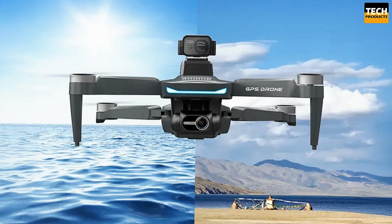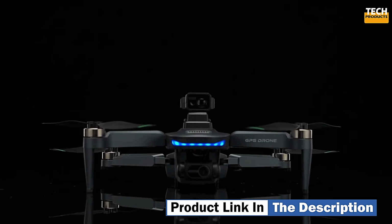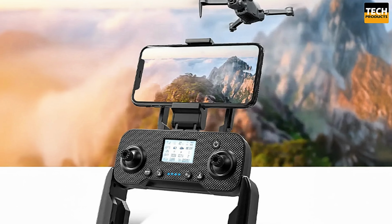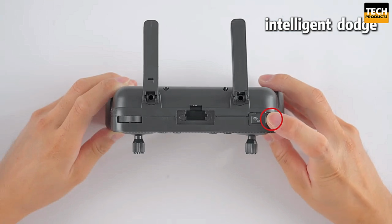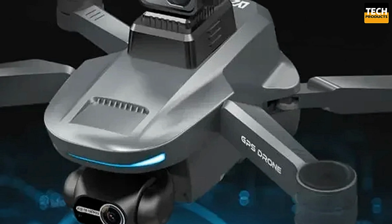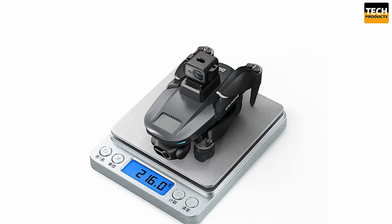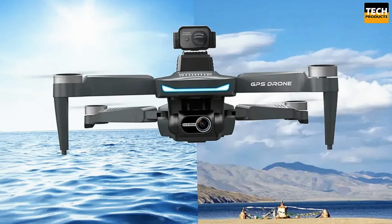Its advanced FPV operation allows real-time video transmission through a mobile app, enabling pilots to see exactly what the drone sees, making it perfect for live streaming, surveillance, and immersive aerial experiences. With a transmission range of up to 2.7 kilometers and a remote control distance of 3 kilometers, it offers impressive connectivity and long-range capabilities. Whether using the dedicated remote control, app-based controller, or Wi-Fi connection, users can easily control flight